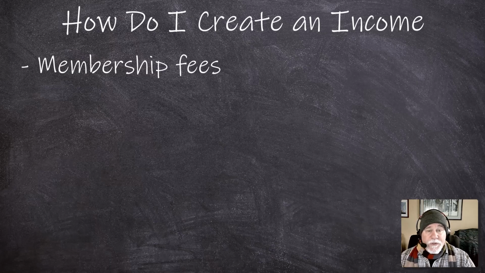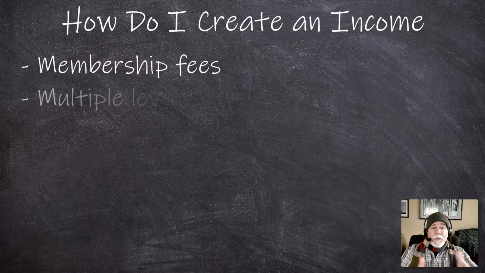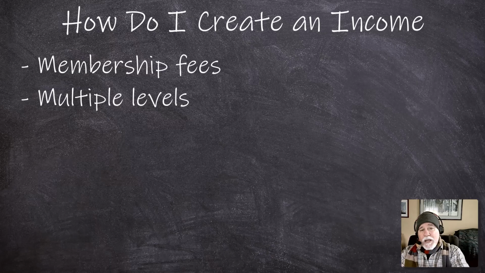So you can charge people. You can provide people a listing on the site for a fee, which is the same thing for people who have businesses. You can list their businesses on there, and most of the time you can pull them in for free and have free listings, and then you can have multiple levels. You can have bronze, silver, and gold levels, and each level has more bells and whistles than the previous level. So you would make money on providing different membership levels or listing levels.